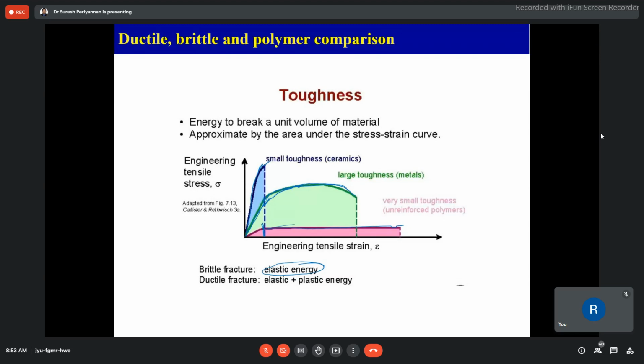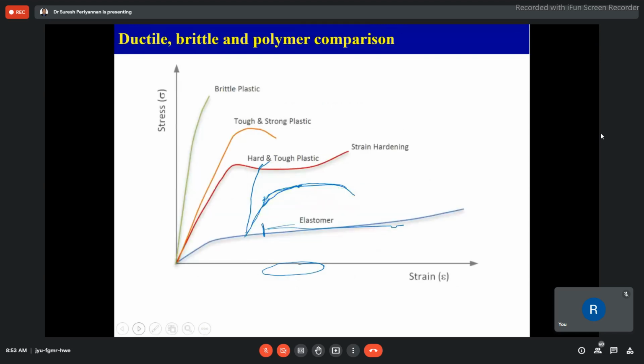Okay. Similarly, elastomer. Now I come to different plastic materials. Now this is a curve. How the curve comes, we need not understand. See here, how they tested it, in tensile testing or compression testing, doesn't matter. Our aim now is only understanding, because the research work has already been done, they did enough research, then they came to the behavior of the material like this and pointed it out.